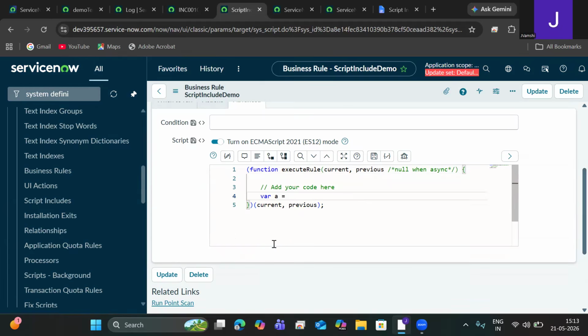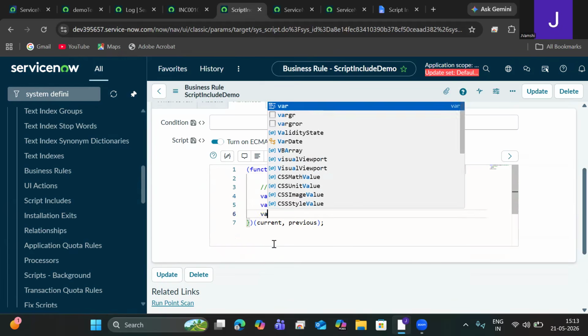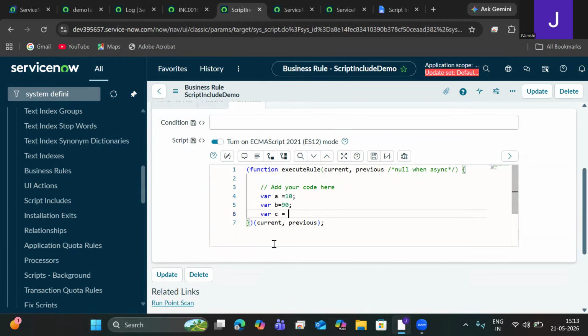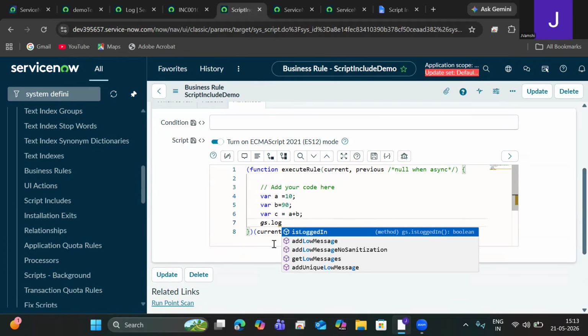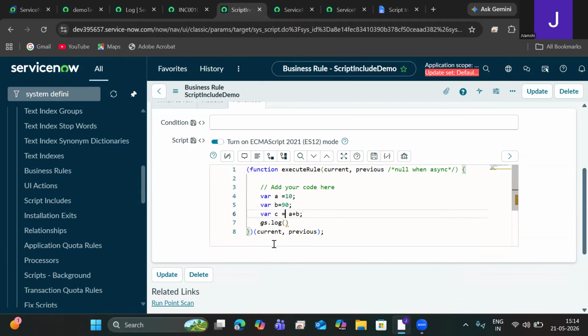Where A equals 10, where B equals 90, where C equals A plus B, gs.log,